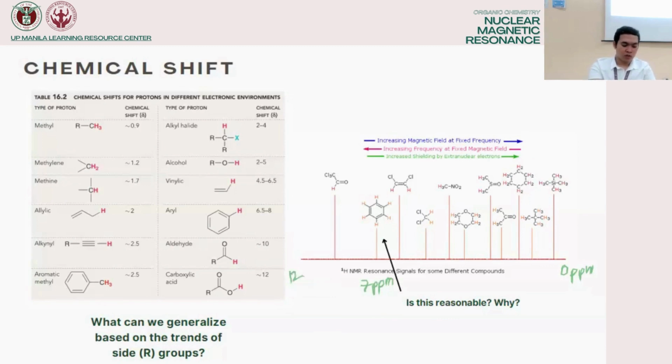So is this reasonable? Kuya, sabi mo kanina, mataas ang value ni ppm kapag mayroong electronegative. Bakit ngayon na aromatic lang siya, pero ang taas niya, 7 ppm? Bakit itong mga alkyl groups lang, mga around 1 lang, 1 to 2, or 2 to 3? Bakit ito 7 ppm? Wala ka namang Cl diyan, wala ka namang halogen diyan. Sige, may nagsagot. Yes, it has to do with the resonance structure,